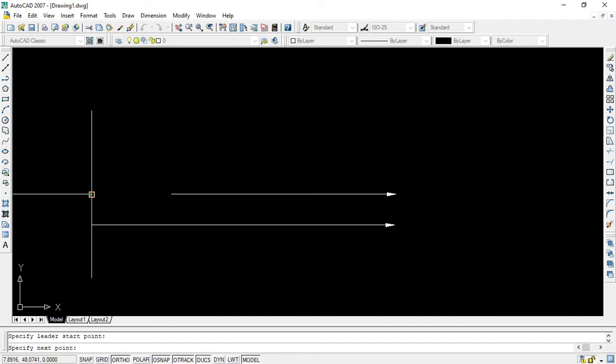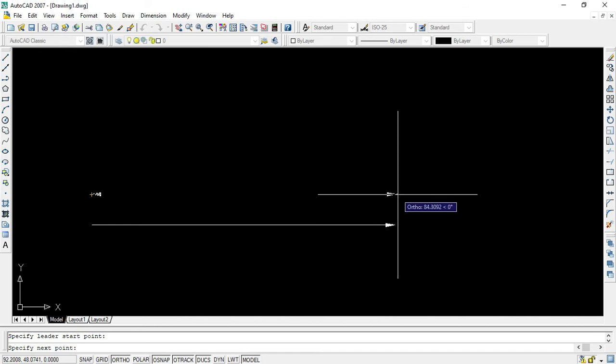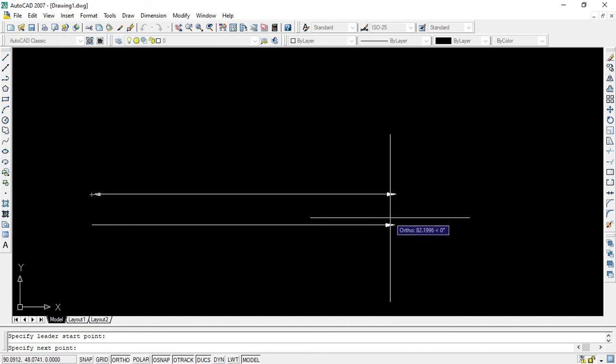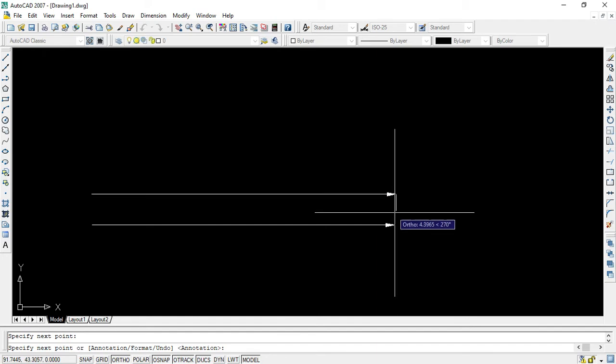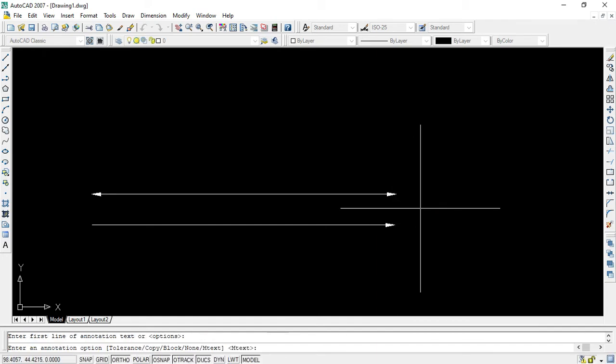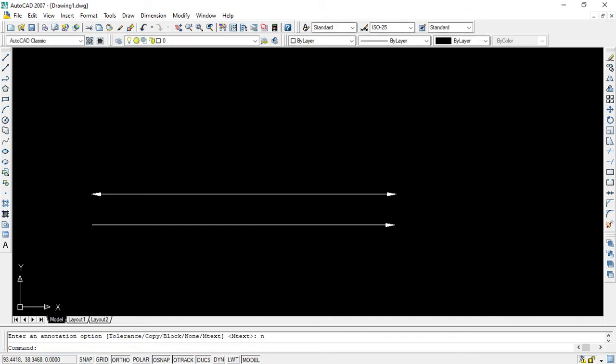So first I am going to draw from here. I will draw up to this. Then I am going to right click, then enter, then again I will right click, then I will choose space none.